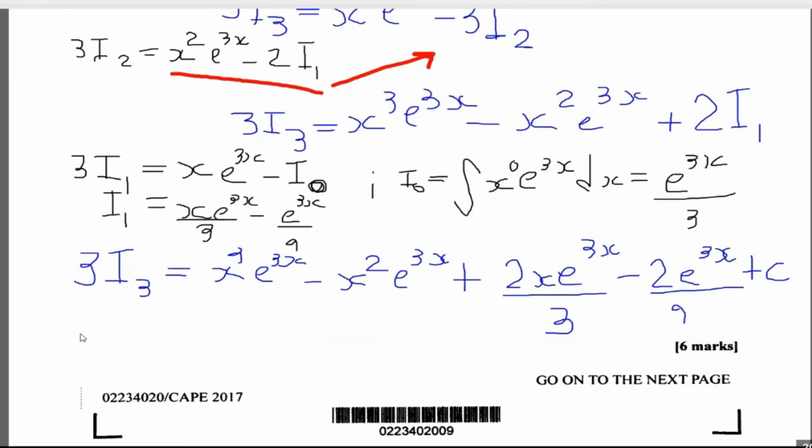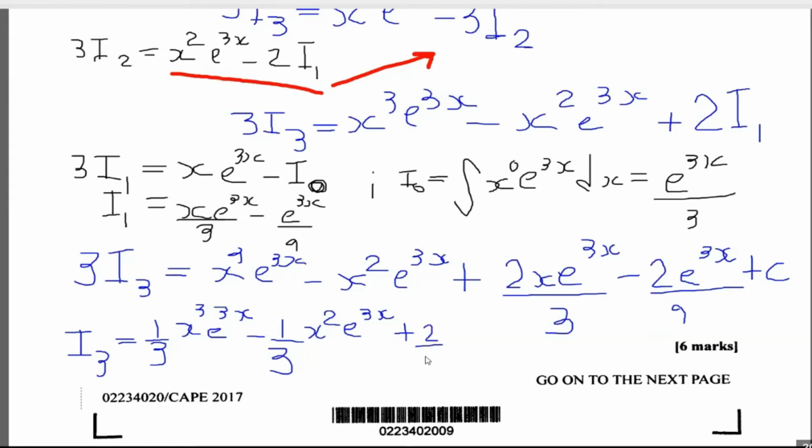So to divide through by 3, what we're going to get is I3 is equal to, dividing through by 3, 1 over 3 x cubed e to the 3x, minus 1 over 3 x squared e to the 3x, and then plus, dividing through by 3, we're getting 2 over 9 x e to the 3x, and then we divide through by 3 right here to get minus,